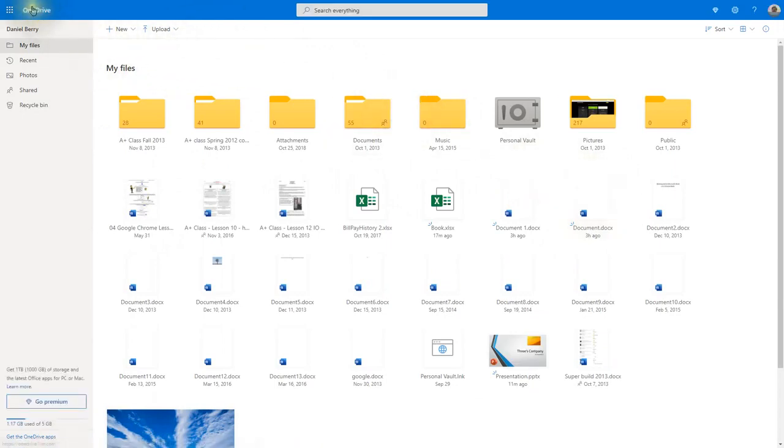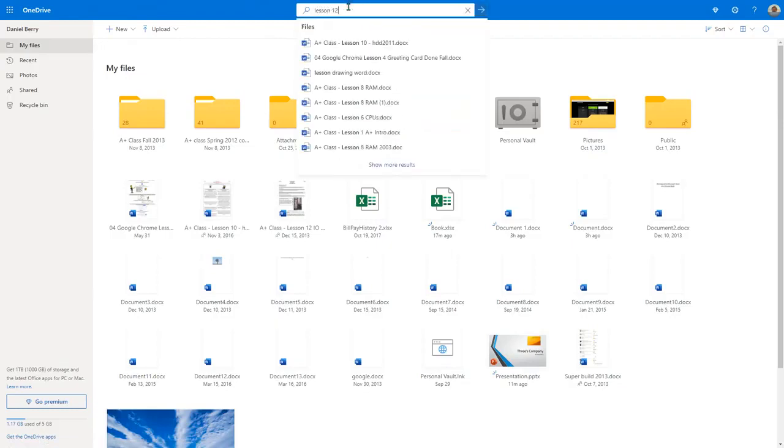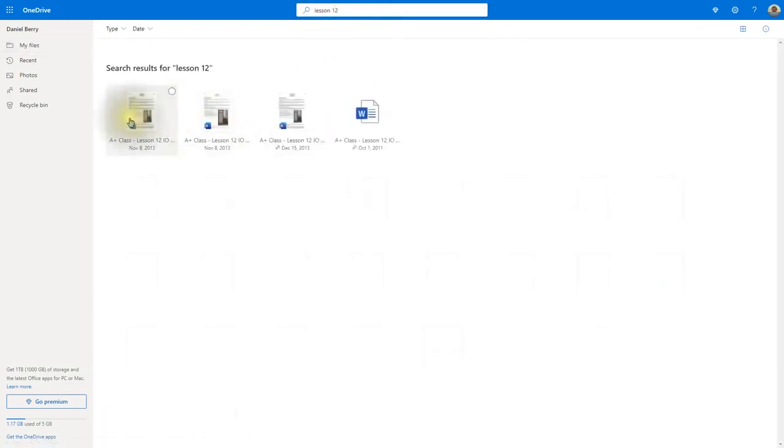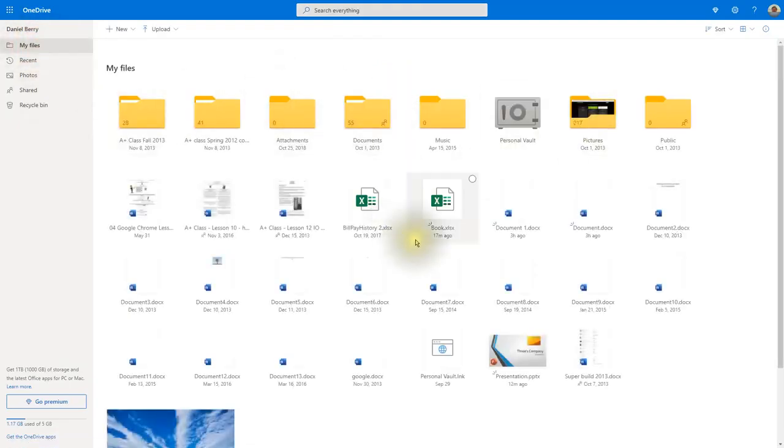So the way OneDrive is set up is you'll notice it says OneDrive in the top left hand corner, and then you can search. So if you had a document, let's say you're looking for lesson number 12, you just type in there lesson 12 and it'll come up there. So there's all my lesson 12s. Let's go back to my files, and this again is kind of like your home page for your OneDrive. Over here the diamond is your premium, where you can actually upgrade to premium and have different choices for either subscription, or you can have more space as well within your OneDrive. So you can upgrade to 1 terabyte very easily, but you will be paying monthly for that service.